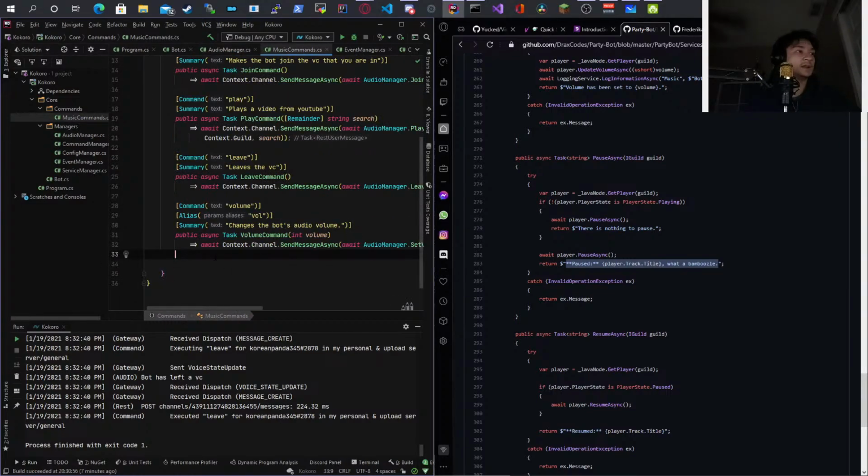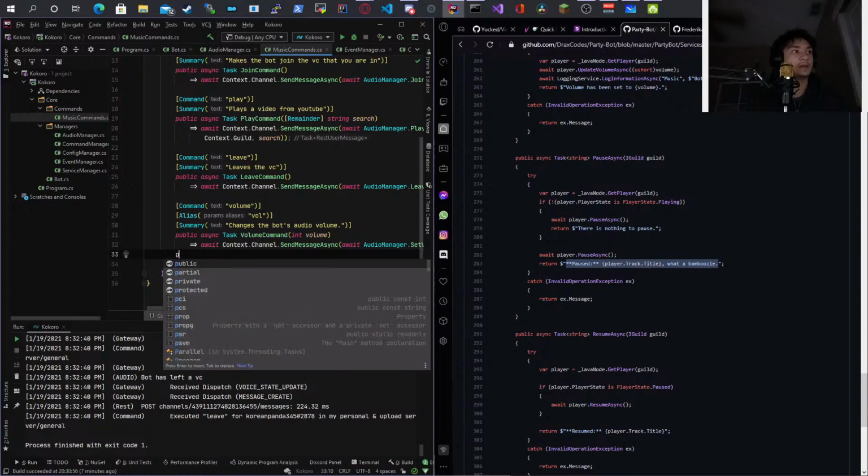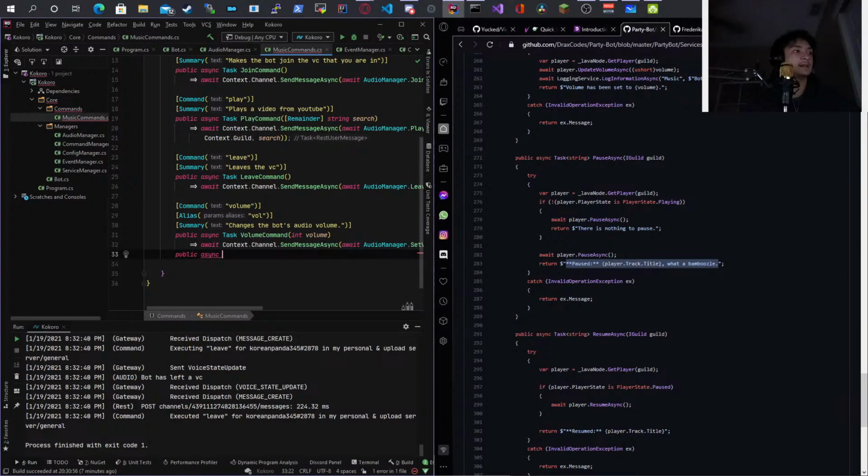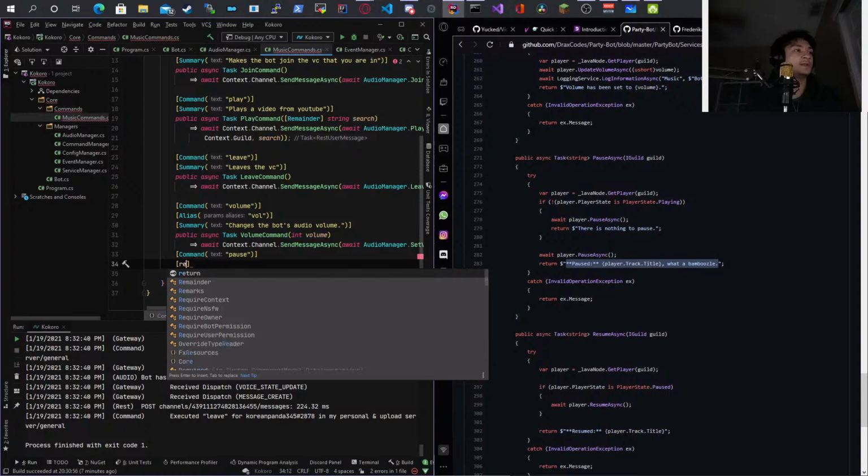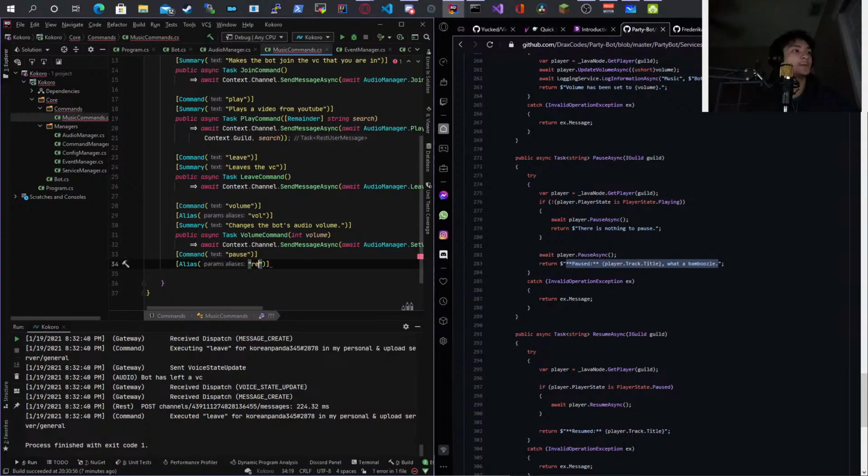So now what we can do here is a public async, not that, but a command. Volume, not volume. I want to do pause, and then I'm also going to add an alias, and I'm going to make it resume. Okay, pauses slash resumes the music player.